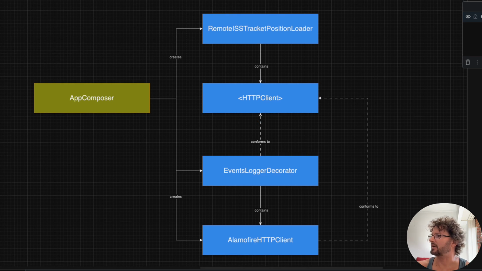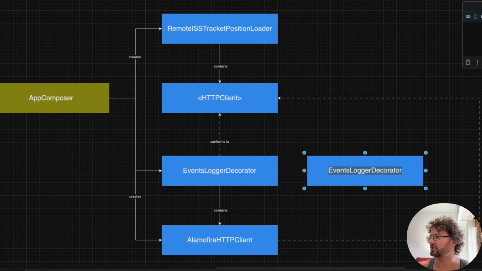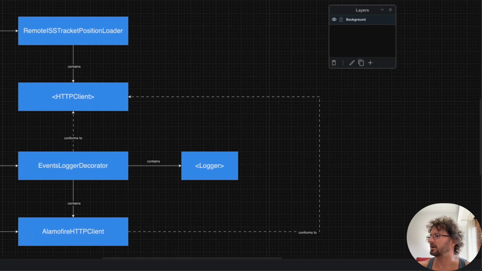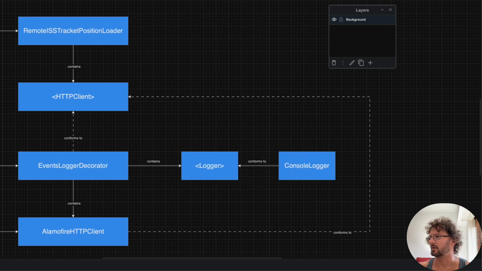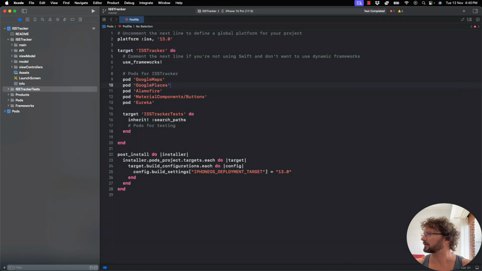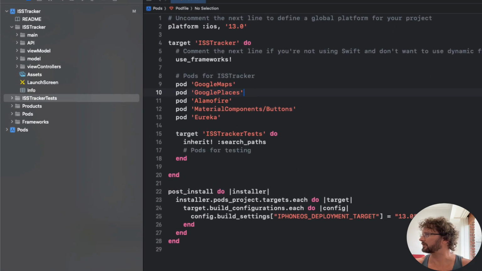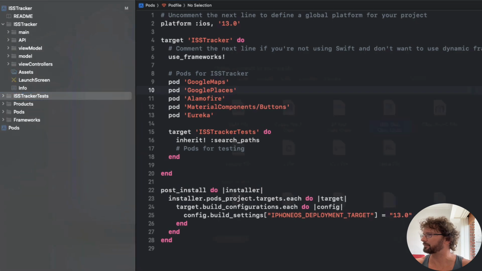And then going a little step further, the EventsLoggerDecorator will contain a logger abstraction, and it's going to be the concrete logger that we implemented in the previous video, which will actually log the events, which we're going to rename to ConsoleLogger. The first thing we're going to do is we're going to create a new tests file, and we're going to call it